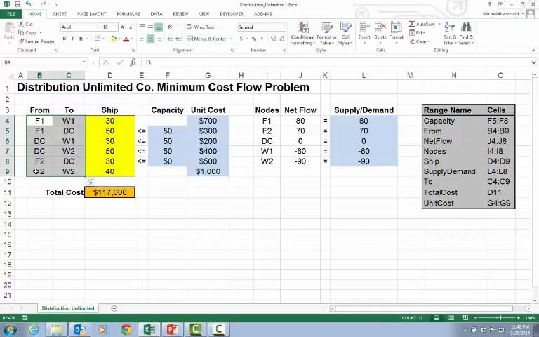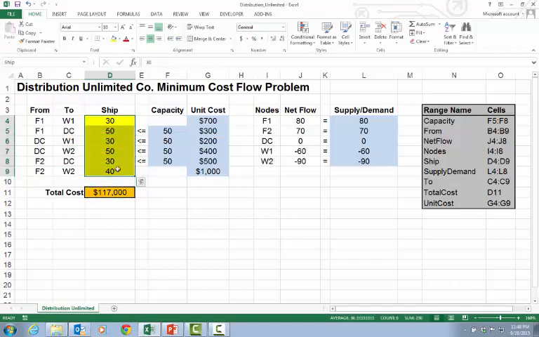Then we've got the 4 arcs that go into or out of the distribution center, represented by these 4 right here. And then we've got the final direct rail connection between Factory 2 and W2. So again, these named ranges of the from and to are just simply identifying the nodes at the outer ends of each arc. The total cost is D11, which is a sum product of how much you're shipping, how many